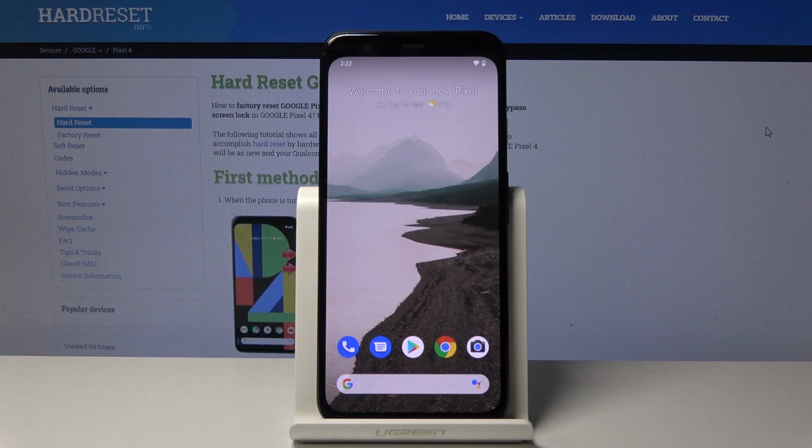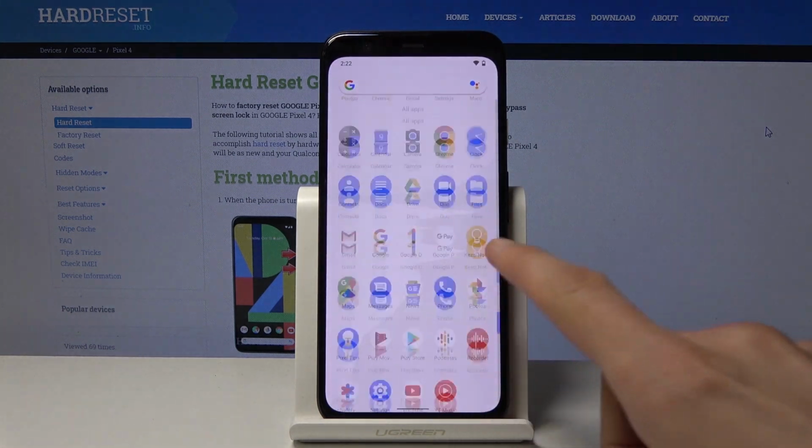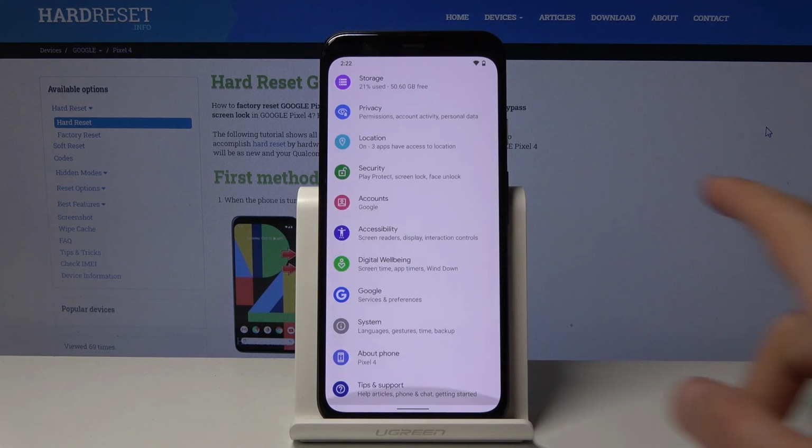Welcome. This is a Google Pixel 4, and today I'll show you how to enable the developer options. To get started, you're going to go into the settings, so open that, scroll all the way down till